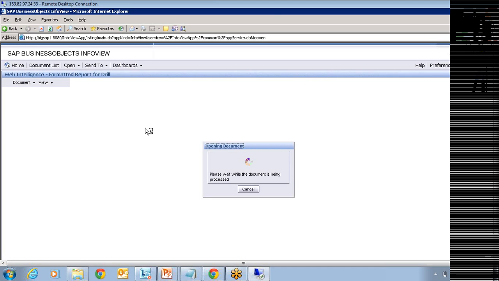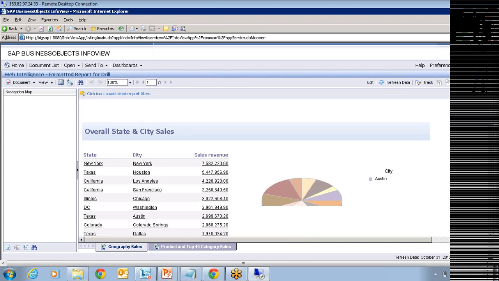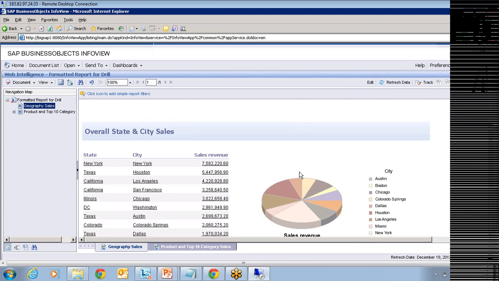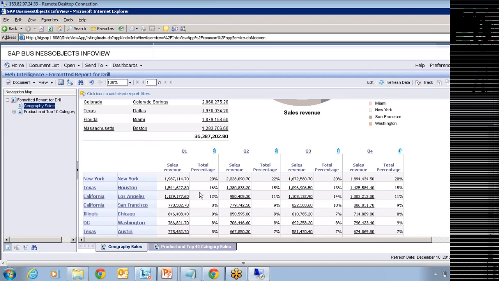On-demand view in the sense you're trying to view the output at a specific instance of time by simply clicking on refresh data, which is going to show you the current data. So for the customer, you are going to give view-only, read-only access, so that he can only refresh the content and see the output, and he can analyze the data.